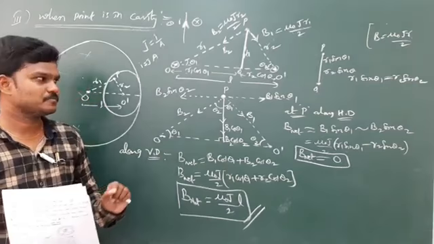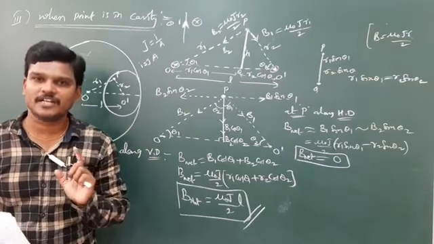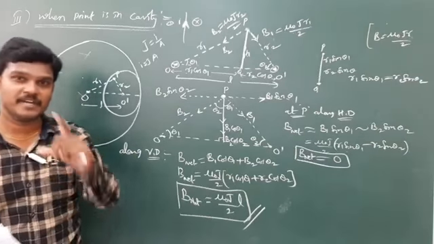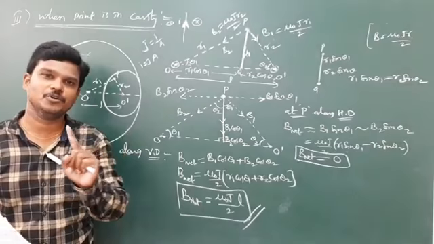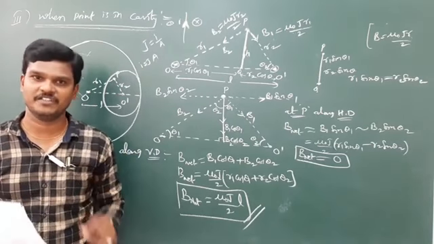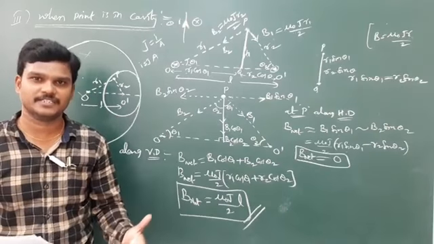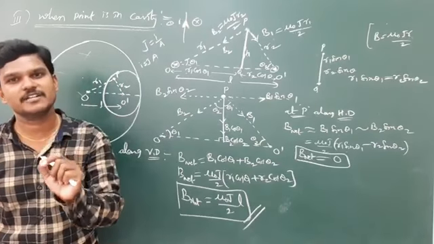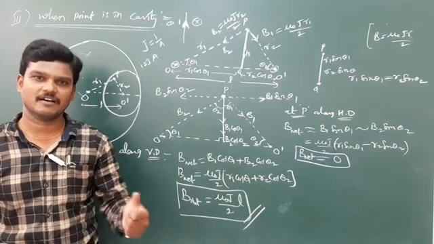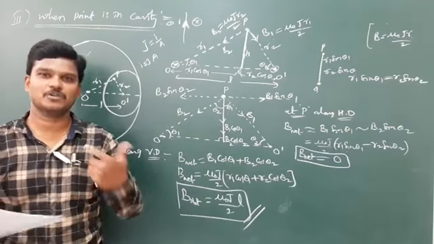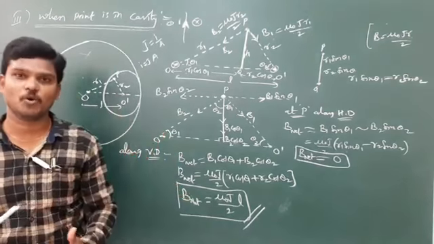So I request you to practice all these things once or twice if possible. Listen the basics once again or twice at least. Definitely you are going to enjoy each and everything. So listen the first 2 to 3 classes twice or thrice. Then definitely you understand the theme of the chapter. Once we understand the direction of the magnetic field and what you are going to do, if you understand, then definitely we can enjoy each and every topic.